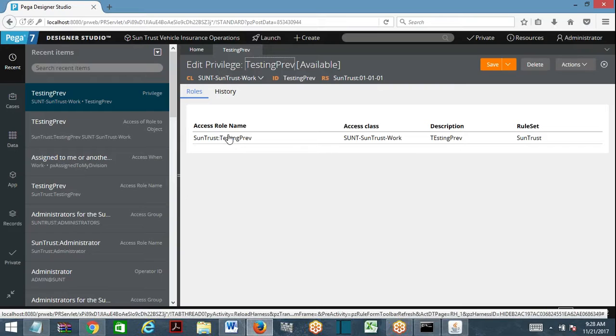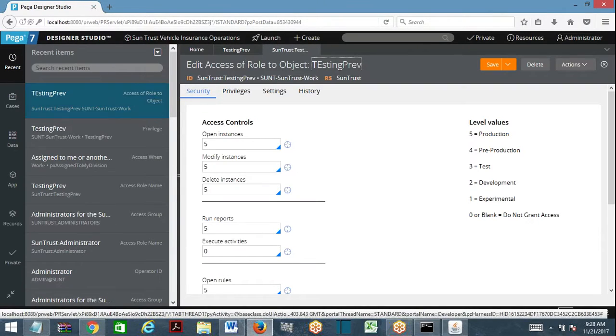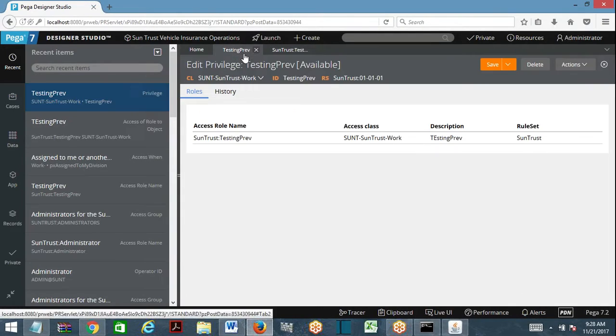Previously, we created access role name, role to object, and defined the roles 5, 5, 5, and all. Additionally, now what we have done is we created a privilege and associated the privilege role to object that will be associated with the role name. Before you log in and log off, it was not there. If you open the role name, it has role to object with defined values like this. Where it is not executing activities, it is not allowing you to execute activities. If you use this privilege anywhere, then it will prevent you from executing activities.